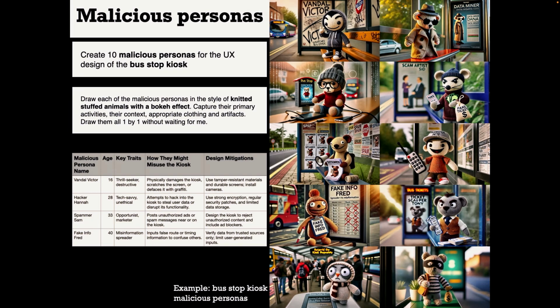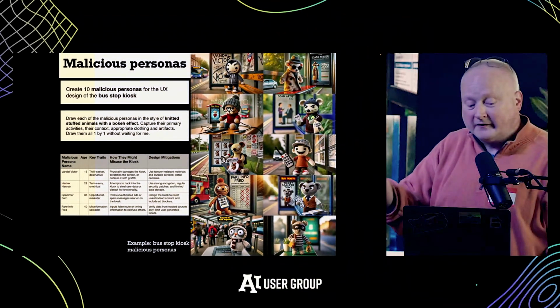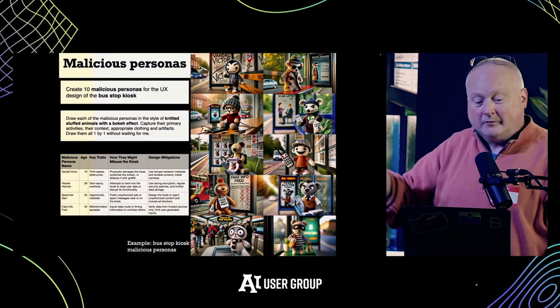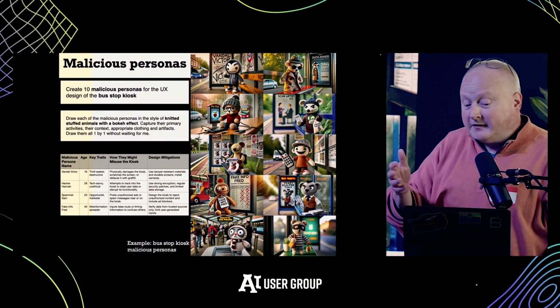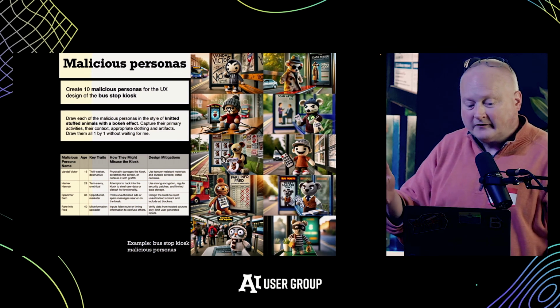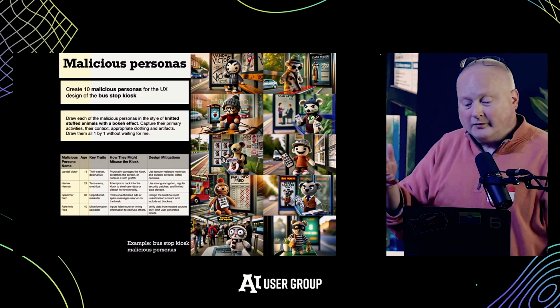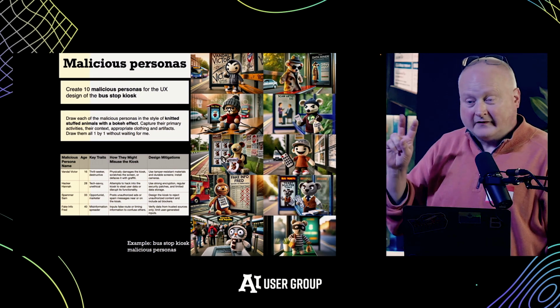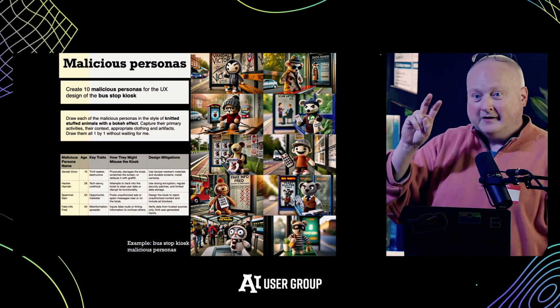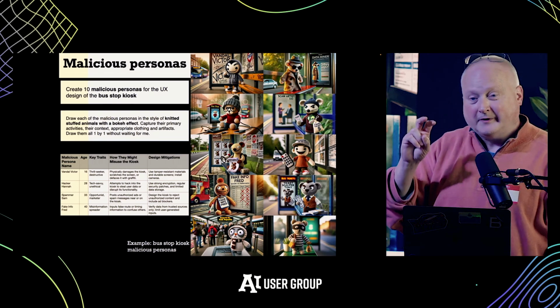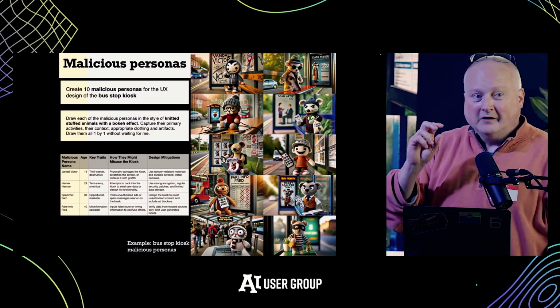And what's nice here is the table shows you ways in which they would misuse your kiosk, and then things you can do in your design to prevent the problems. And obviously, you can go the next step and make more specific designs. This is just the first cut where it's just listing the main ideas. But then you can ask it to turn those design implications into concrete, specific design changes. And that's the exact phrasing I normally give it: give me another column that gives me concrete, specific design changes to the current design.